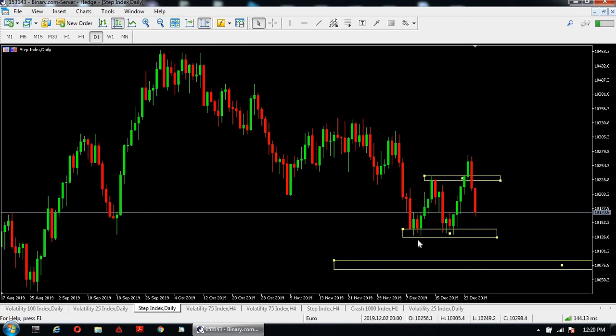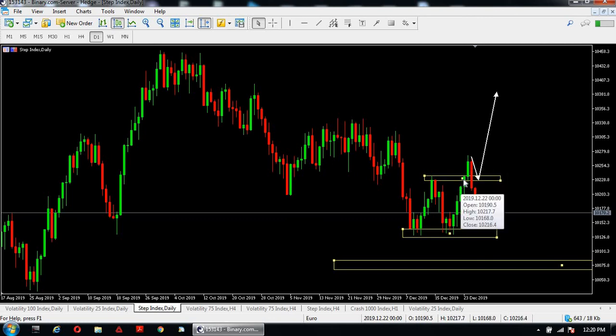This is the neckline of the W, and once price breaks the neckline of the W, we would have expected that price will come down and retest the neckline of the W for a more massive buying pressure all the way to the upside. This is what we would have expected, but we can now see that price